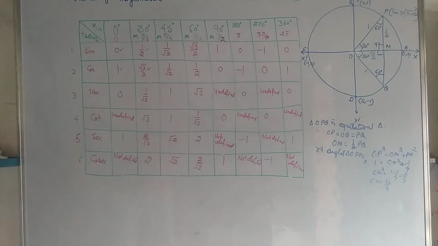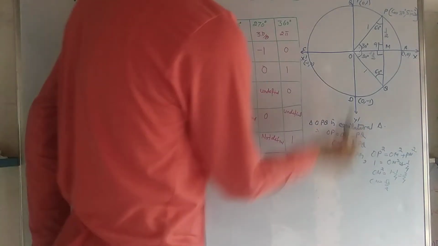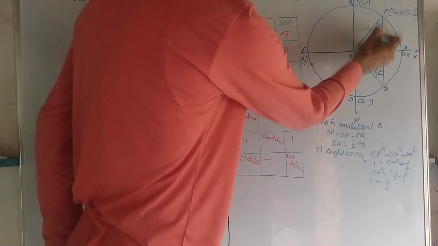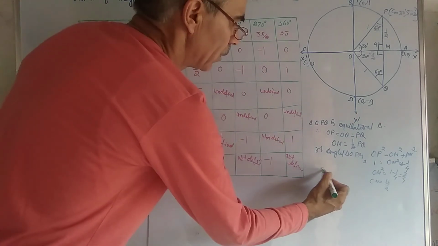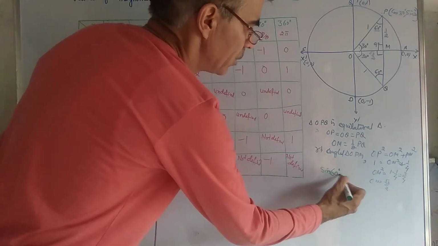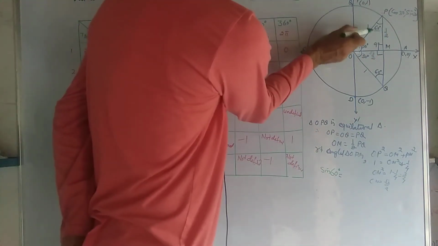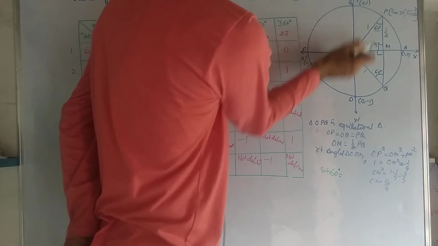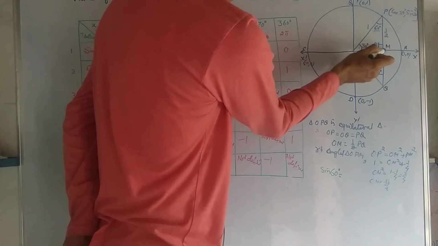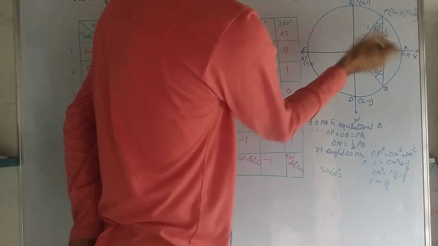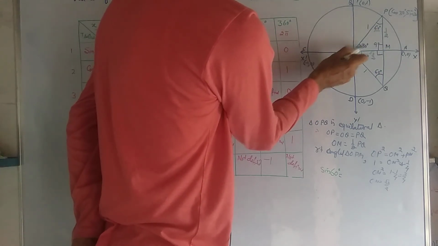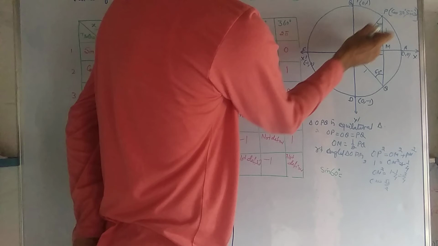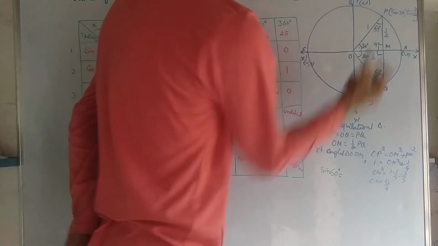Now see, in the same right angle triangle, if we take 60 degree, so opposite to this angle, if we write sine 60 degree here in the same triangle, opposite to this angle, this will be the perpendicular. Now the perpendicular will change. If we take this 60 degree, the perpendicular will be this.